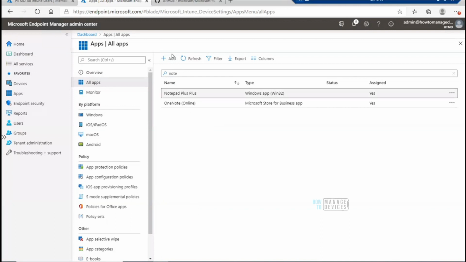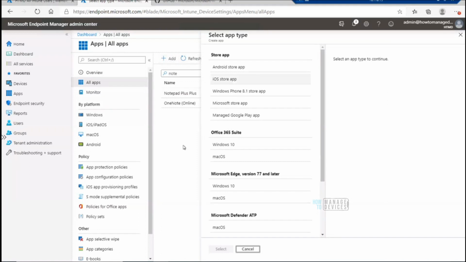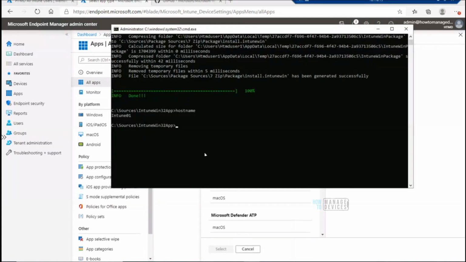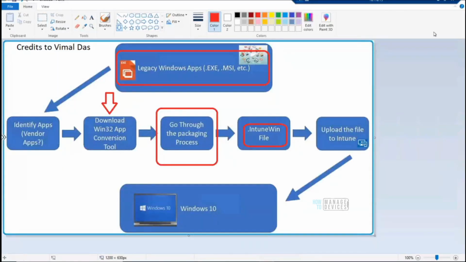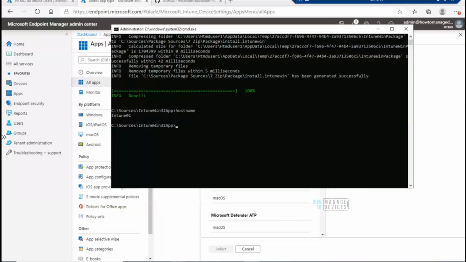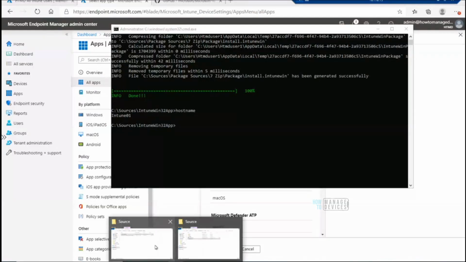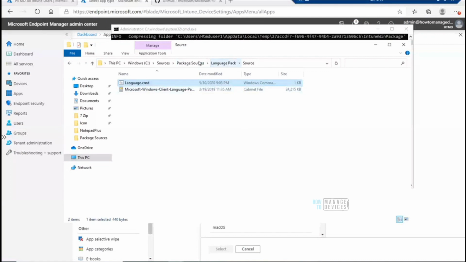We are going to deploy CMTrace today with a Win32 application. So before that, what we need to do is create an Intune Win package as per this process. So let me go to the source folder and show you what is happening over there.